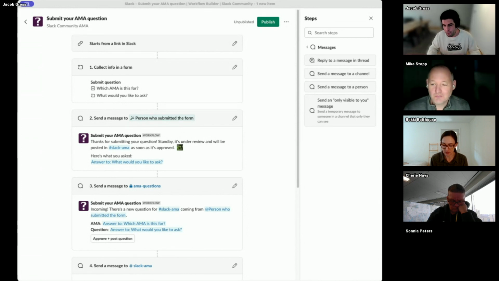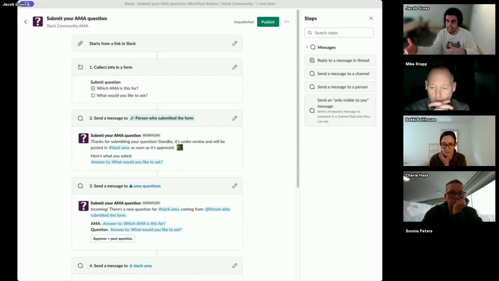So you can really have fun with it and think of really creative use cases. The last one I'll say is emoji triggers. Internally we do this a lot. You can select a special custom emoji that maybe isn't used that often, and designate that emoji so that whenever someone reacts with that very unique emoji to any message across your entire Slack instance, it can send that message to a specific channel,